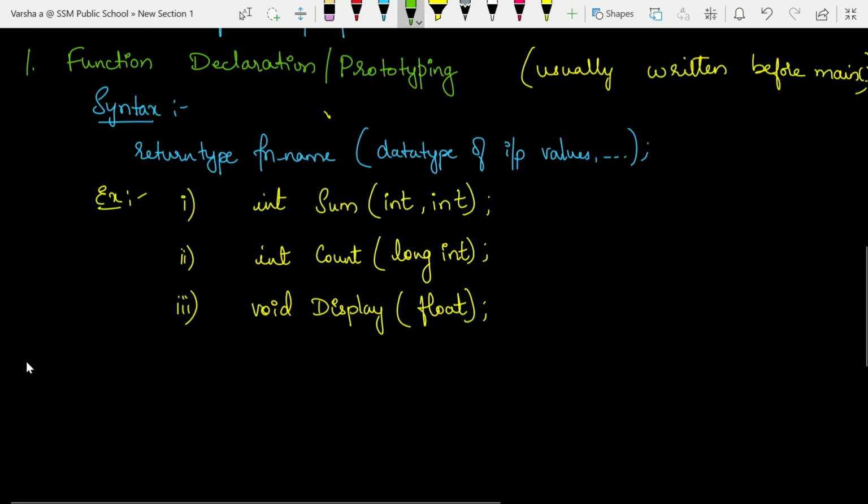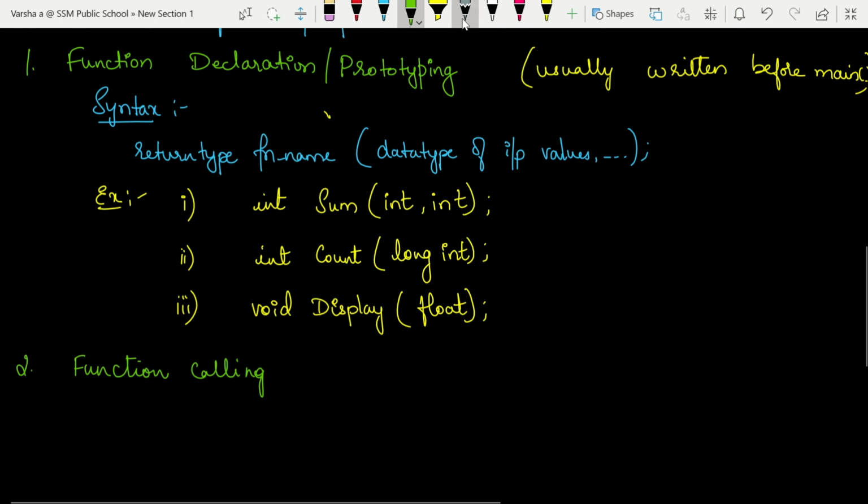The second component for using user defined functions is function calling. Just like when we declare a variable, later we use that variable whenever we want. Similarly, we have declared a function and informed the compiler that we are going to use it. Then we need to call the function whenever we need that task to be accomplished.